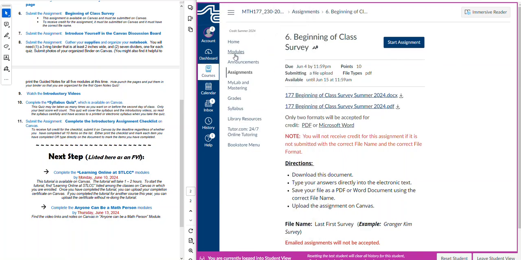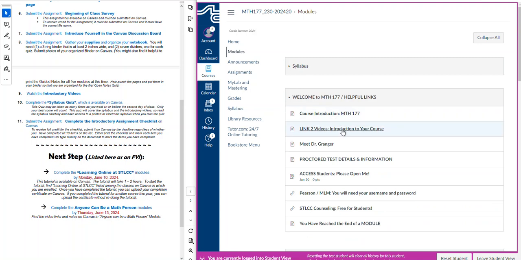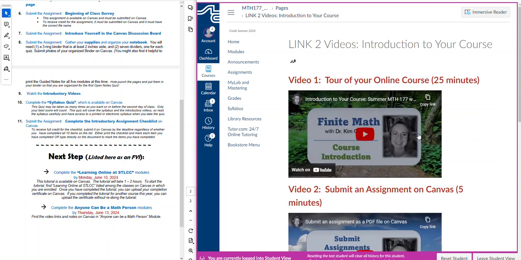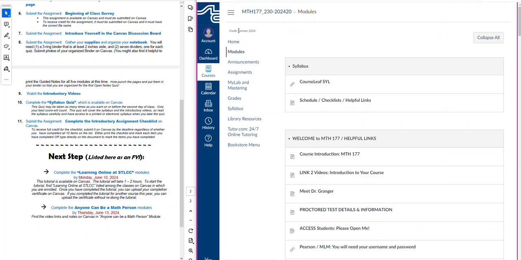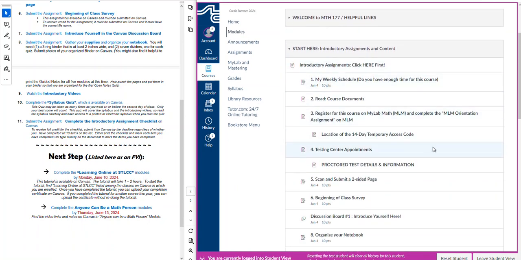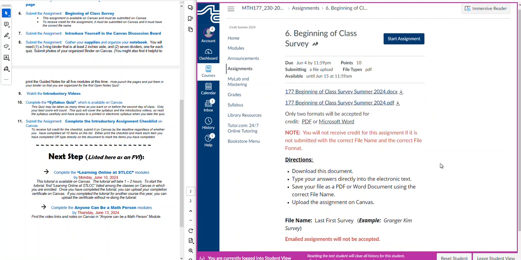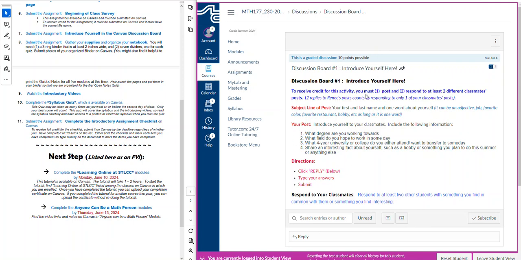So if we go back to modules, you can see in the introductory videos that link to videos that introduce you to your course, you can find that there is a video here, a tutorial on submitting an assignment on Canvas. So if you skipped those videos earlier and you're realizing now that you don't know how to submit a scanned assignment on Canvas, then watch that video to get that information. Once you've done this, you can hit Next, and it leads you to an